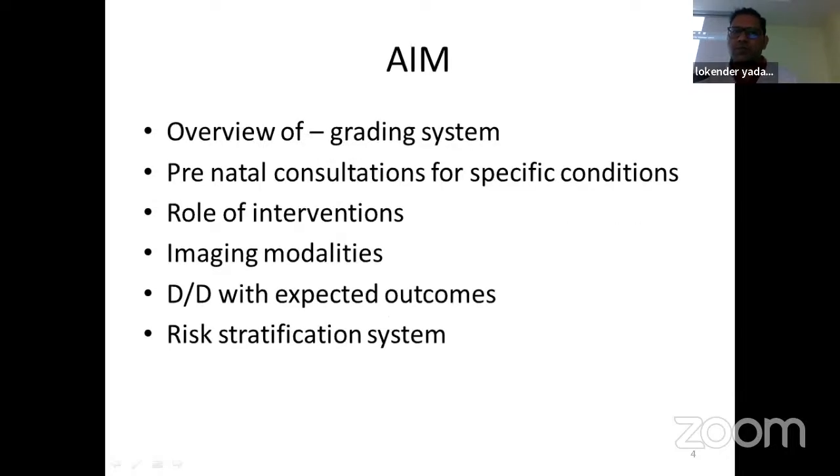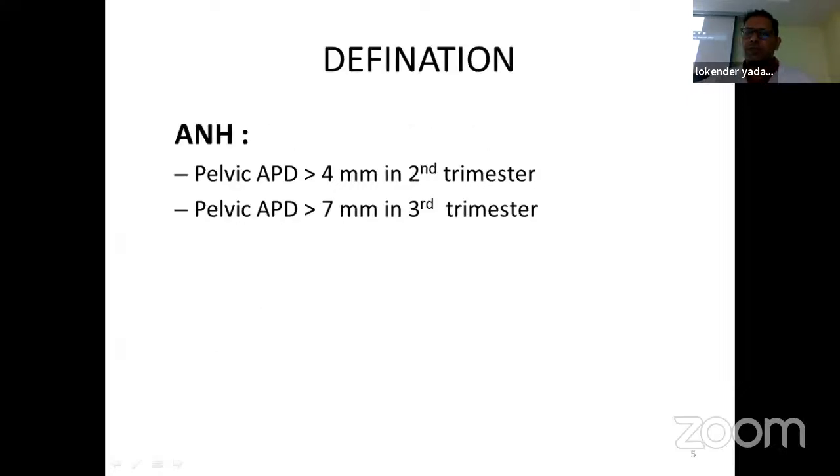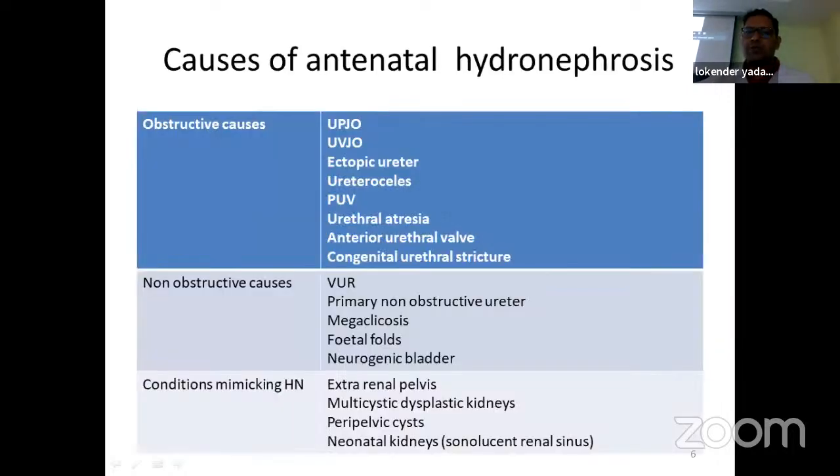In this PPT, we will have an overview of the grading system, prenatal consultations for specific conditions, role of interventions, imaging modalities, differential diagnosis with expected outcomes, and risk stratification system. Antenatal hydronephrosis is defined as an anteroposterior pelvic diameter (APD) of more than 4 mm in the second trimester and more than 7 mm in the third trimester. The causes can be clubbed as obstructive causes, non-obstructive causes, and the conditions